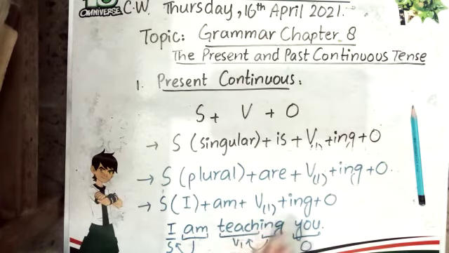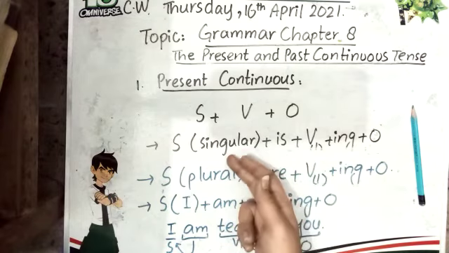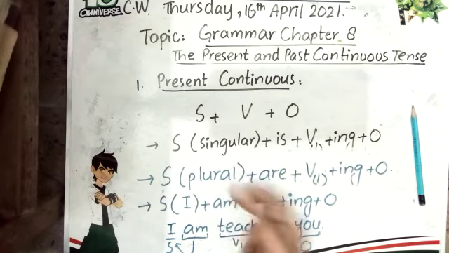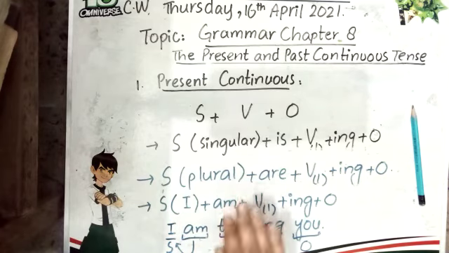So this is about present continuous tense, which shows any action or event which is taking place at the present moment. And we use the simple forms of be verb as is, are, or am. Is is used when you have singular subjects, and are is used when you have plural subjects, and am is used when you have I as your subject. So this is the basic sentence structure for the present continuous tense.